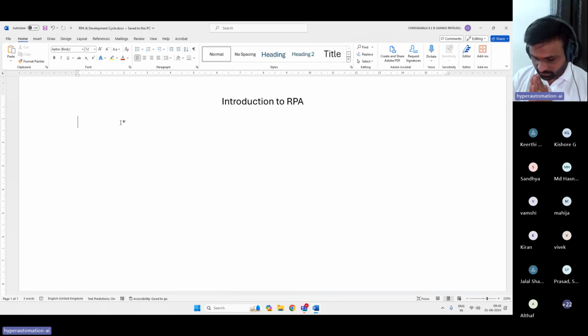Whenever we talk about any words which are a combination or synonyms, the first thing we generally come across, or first try to understand, is its full form. So the full form of RPA is robotic process automation.